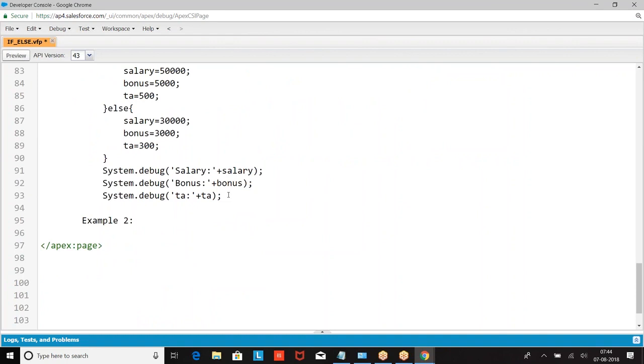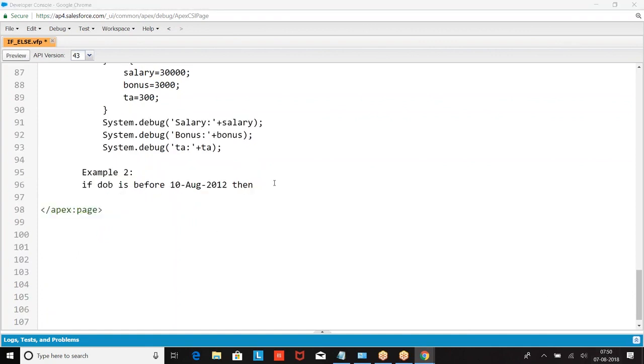Now everyone take your own condition, write if else, take your own requirement, take your own scenario, and write the example with if else. Everyone build your own example, take your own data, take your own condition, write the code. Everyone make an attempt at taking your own condition and write the if else.